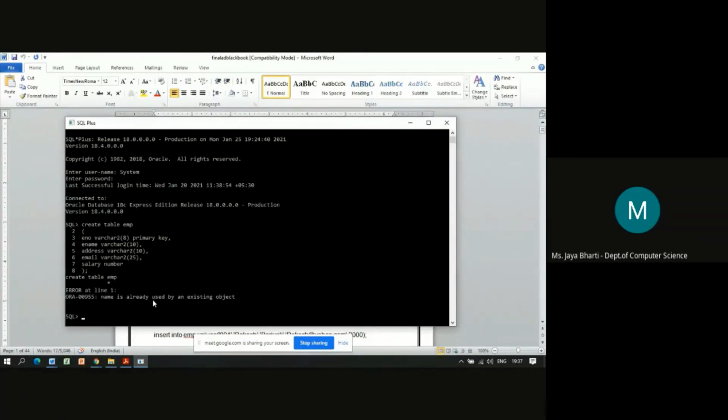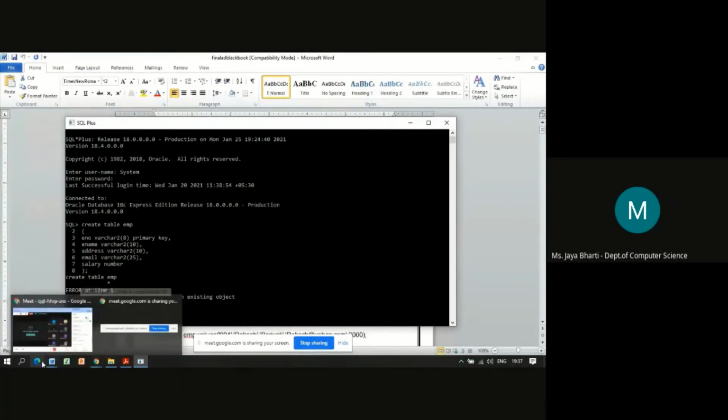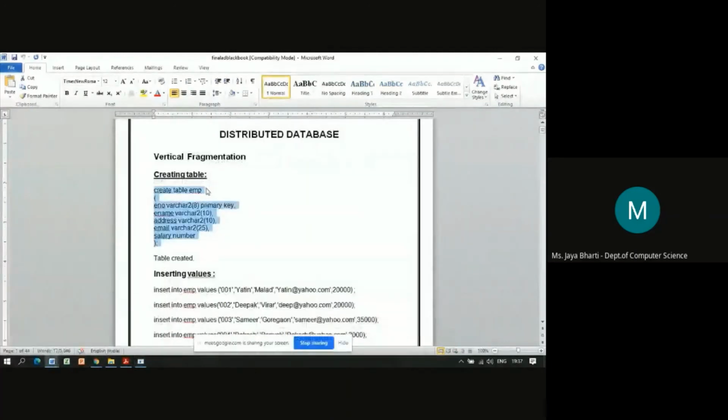Now what should I do with this? Every time we have the first error, which is of this type: Name is already used by an existing object. So use a different name. The table with the EMP name already exists. The screen is visible, no? Yes. Okay, fine.